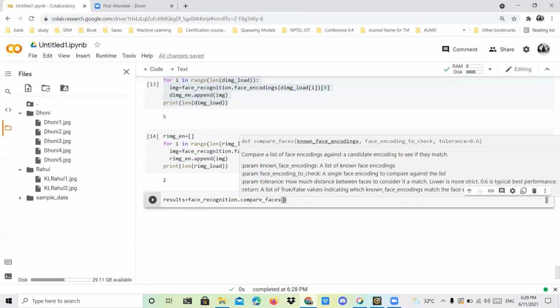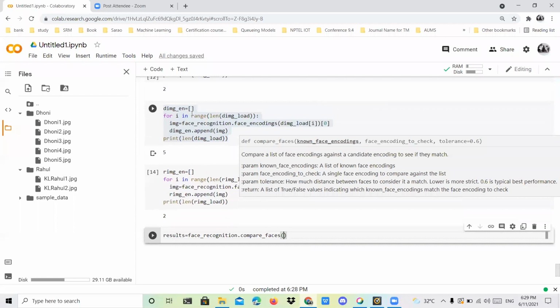Here you have to mention which faces you want to compare. Dhoni is already available in this array, so don't use one more array at all. This is very simple. Without using any number of statements, we shortened our code with the help of a for loop.